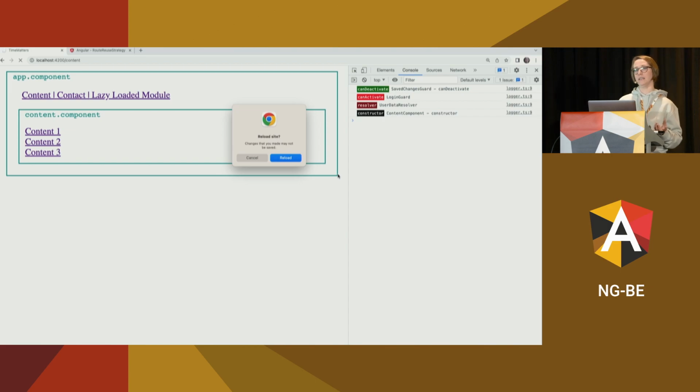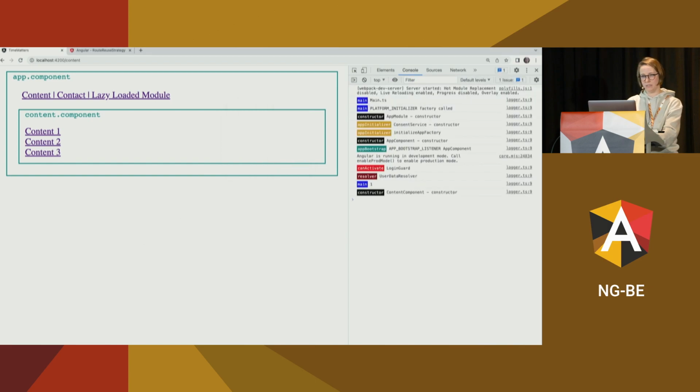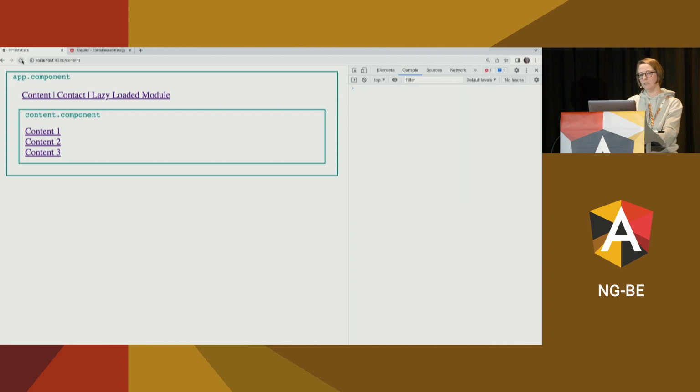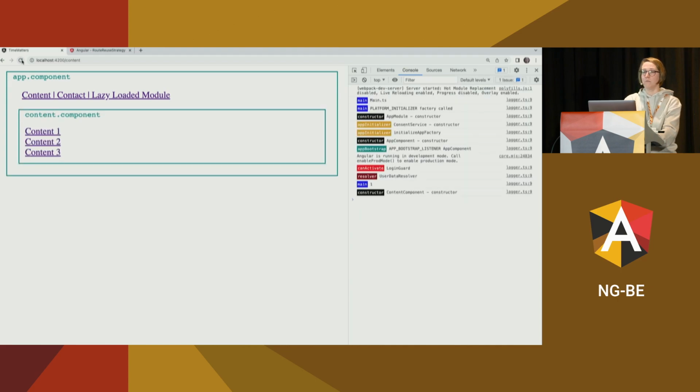So with canDeactivate, we're still in the Angular world. We can have beautiful pop-ups. In here, we get what we have, but it's better than nothing. One thing to mind here is that this pop-up will be only shown if the user interacts with the website. So if I reload the website right now, nothing will happen. This is kind of logical because there could not be any unsafe changes if the user hasn't done anything. So that's something that you should bear in mind.